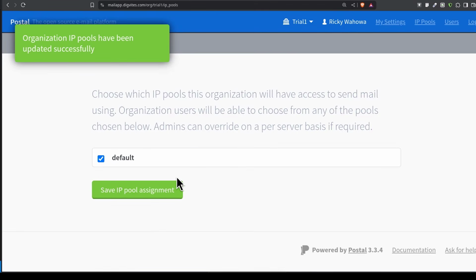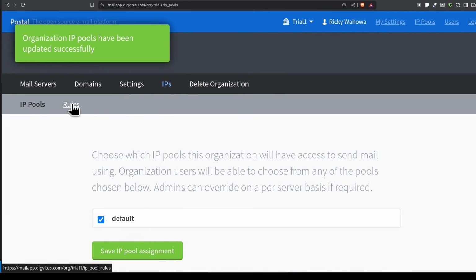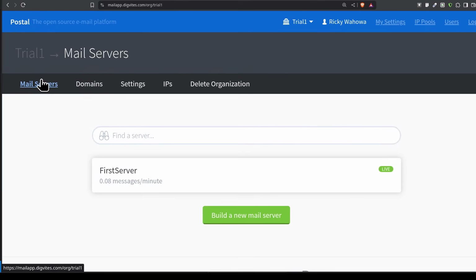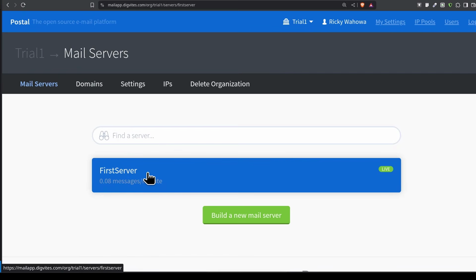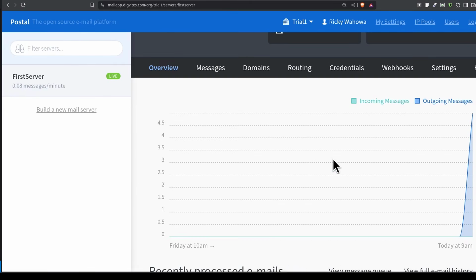That means that that's the pool they're going to use to send emails. If you have multiple emails, you can divide them among your organizations. So let's go to the mail server. Let's just go straight to the domains. Okay. Let's go to mail, and then into the first server, we are going to go into messages.